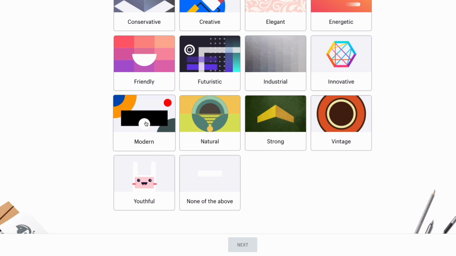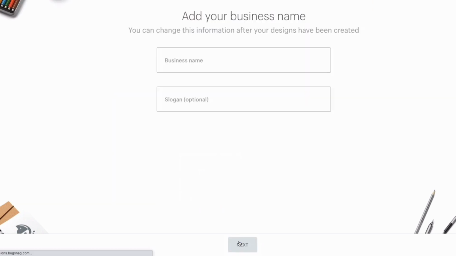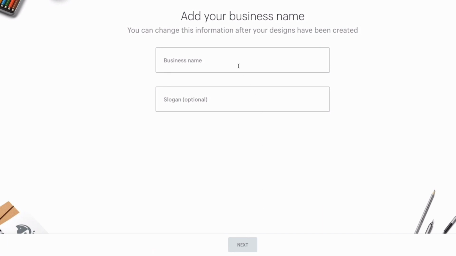So the name of the business that I'm using for an example is the Coffee Shack, but let's go with natural, I think, because we're going to be doing organic coffee. So in this example, we'll call the business the Coffee Shack, and we'll say our slogan is organic coffee.